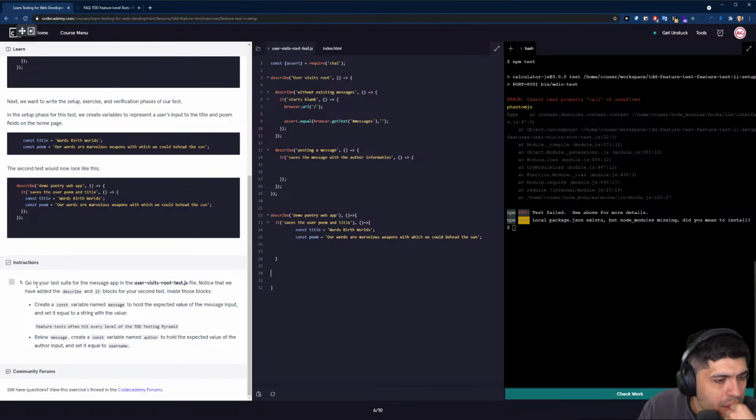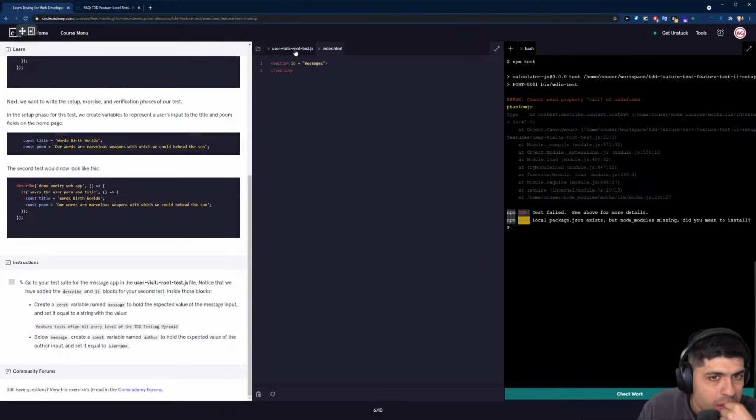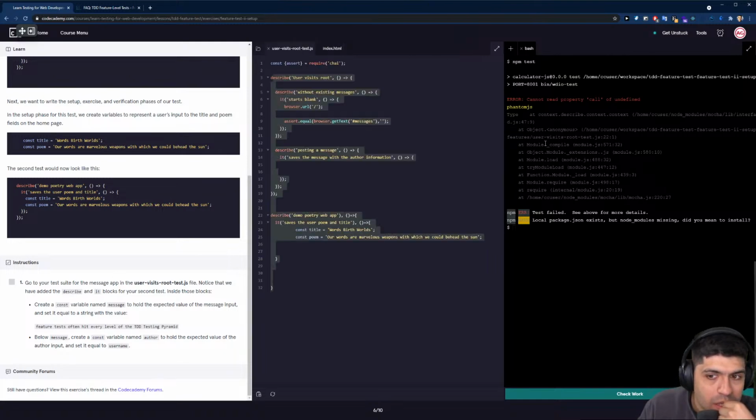So go to the test suite for the message app. Okay. Go to the test suite for the message app in user. Do I have to go to this file? Notice that we have added the describe and it block for your second test. Inside those blocks,